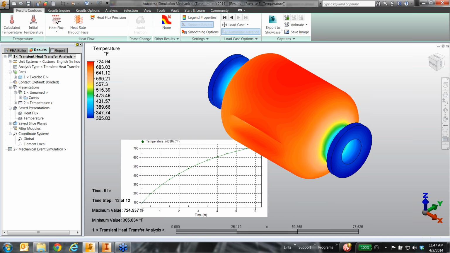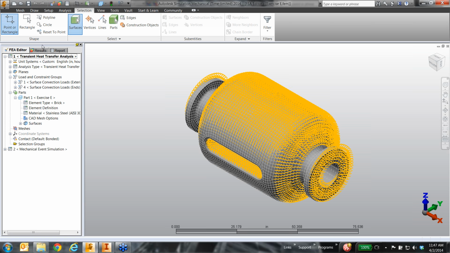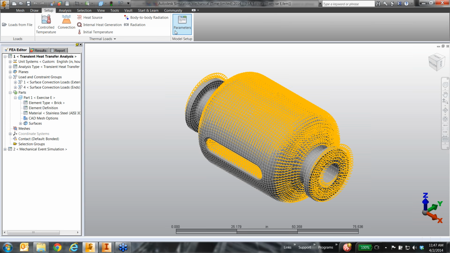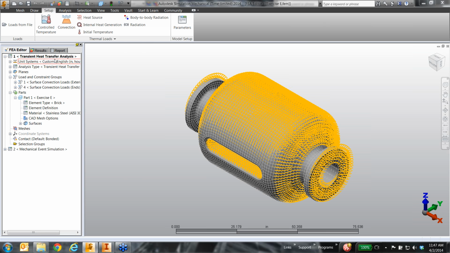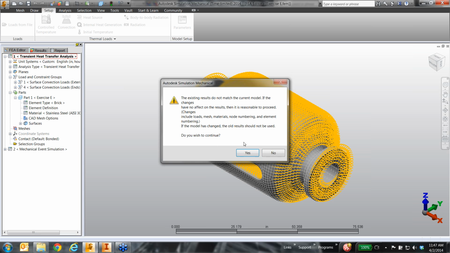We can see over a time step of 6 hours, and to show you here, in the setup of our analysis, we have our thermal loads, but we have parameters that allow us to actually set this up. I'm going to run this for a 6-hour time frame and have 12 steps, so I want to see every 30 minutes how it's reacting in there. Now if I jump back to the results,